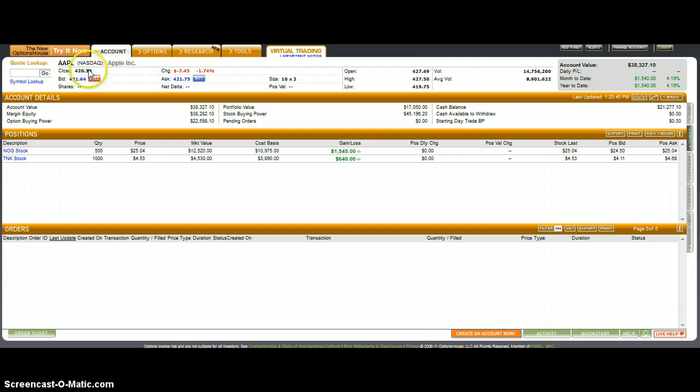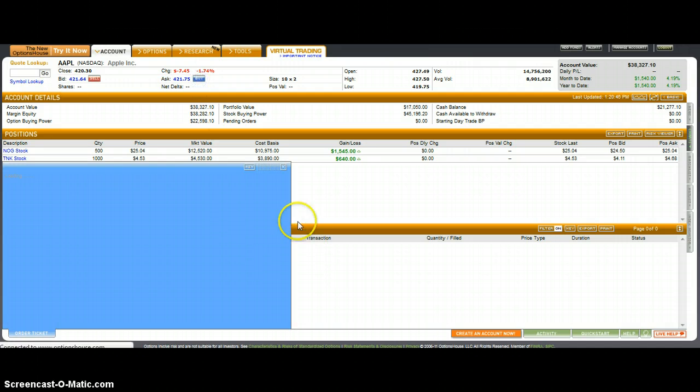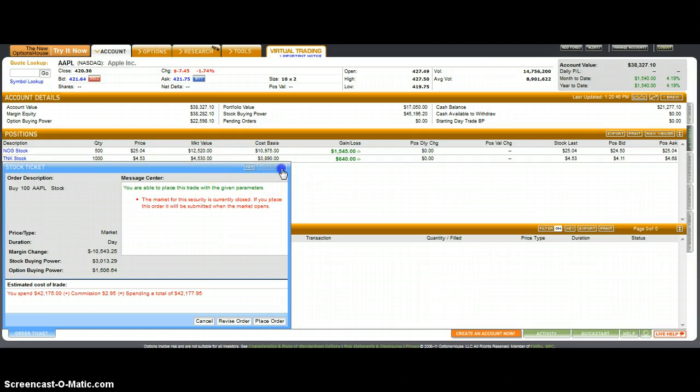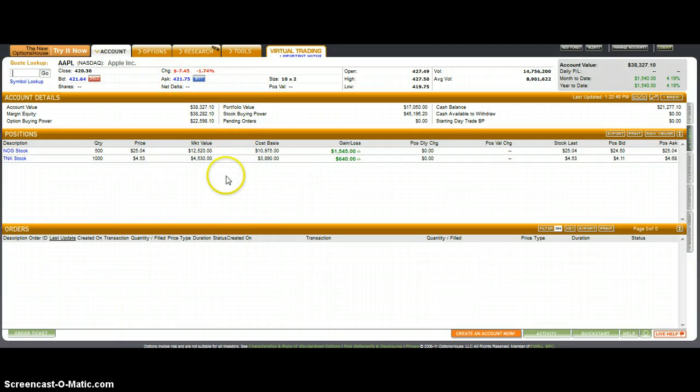So with that information on what a bid and ask price is, if we wanted to buy the stock right now, the simplest, most common order used is going to be a market order. So we would just say buy at market value, which is going to be this value when we buy it. I'll just run through it real quick. Your platform may look different than this, but we can just buy at market. And as soon as we place this order, that is just going to buy at whatever the market value is.